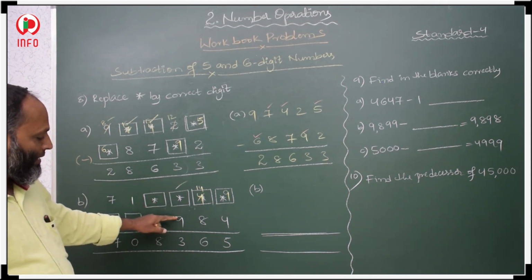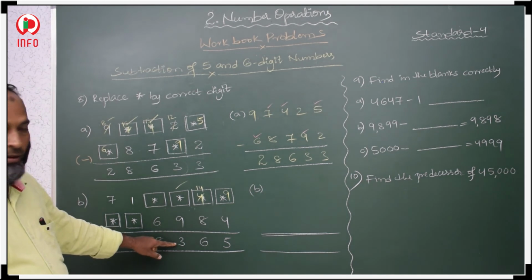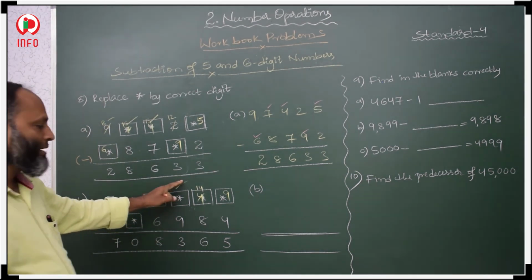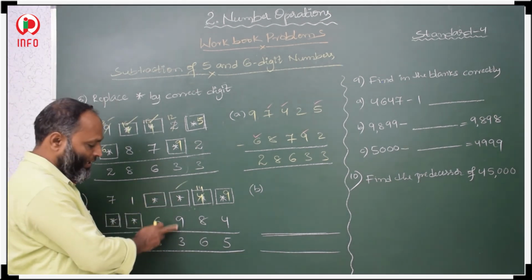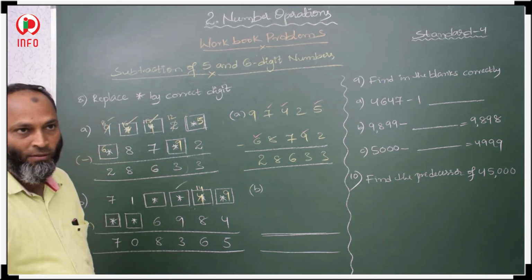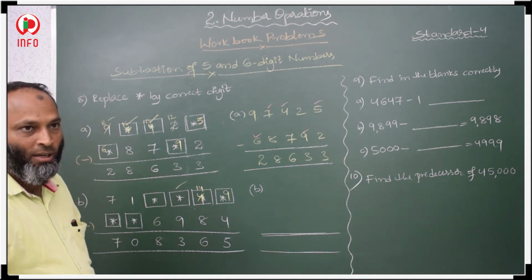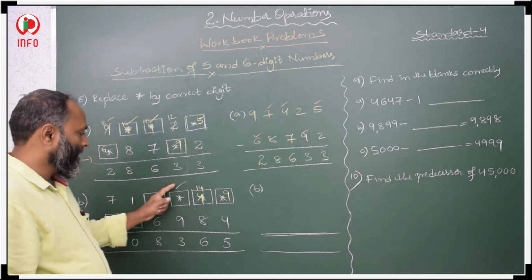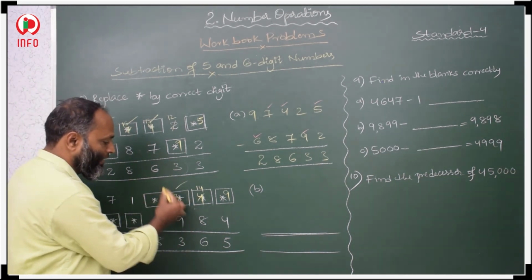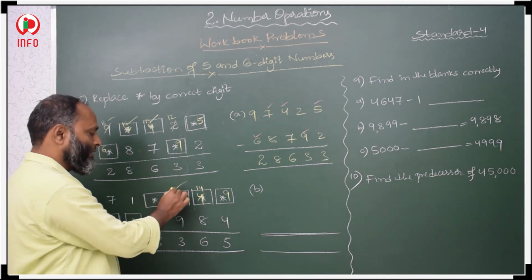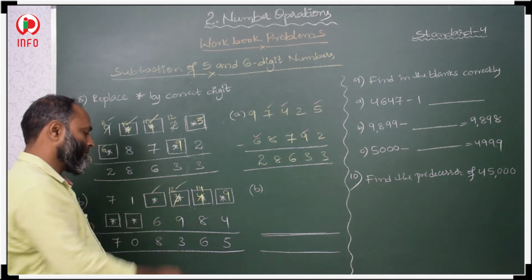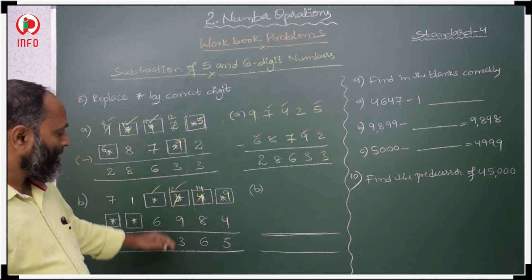Now add these two. You will get 9, 10, 11, 12. Already we have taken borrow, it makes 13. It is 12 actually. If we add these two, it is 12. But we have taken borrow, so we increase by 1, then 3 will get 2, 12 from borrow. 12 minus 9 is 3.